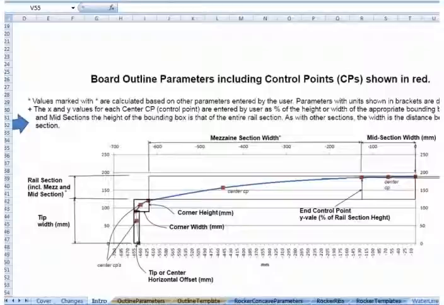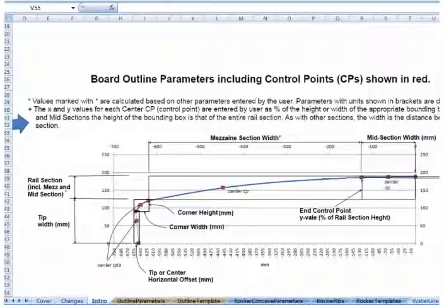In the last video, I gave a bit of an overview of the Outline Parameters tab and spent a fair bit of time talking about the conceptual setup that's used for BoardOff generating the outline. This is particularly important to get your head around in order to understand the parameters and understand what you're changing to get the kind of outline you're after. I thought it was worthwhile dedicating a video to going to another level of detail in how that conceptual setup